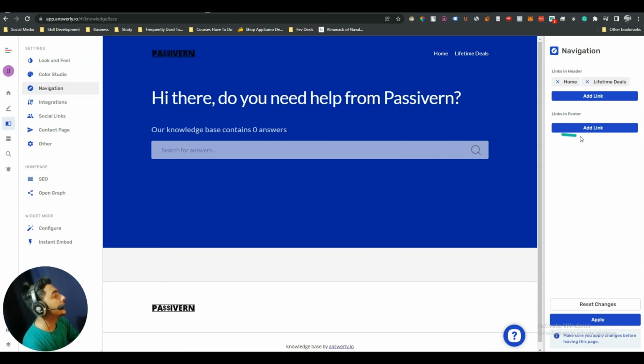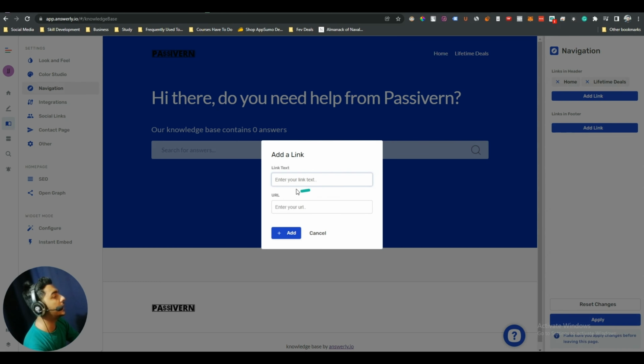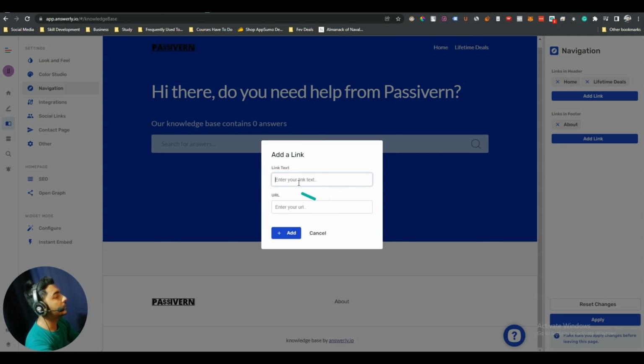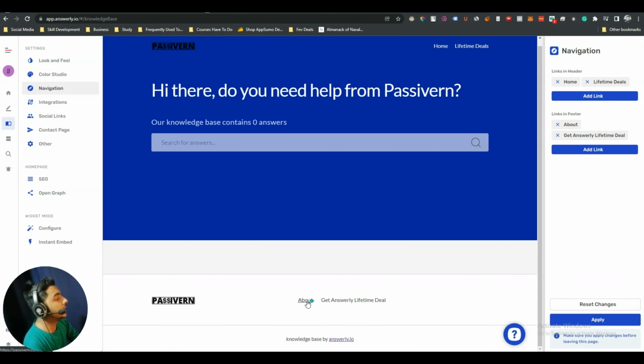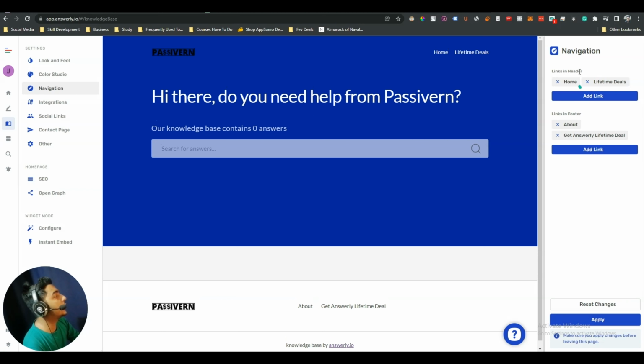Similarly, you can add the navigation button in the footer. I will add two buttons in the footer. Just click on add link, and here give about, anything you can give. So guys, as you can see in the header section, about and get Answerly lifetime deal, these two buttons have been added. In this way you can add navigations in Answerly pages. After that, click on apply,